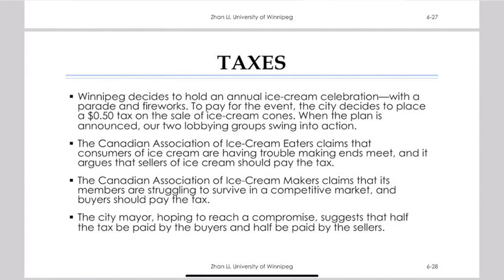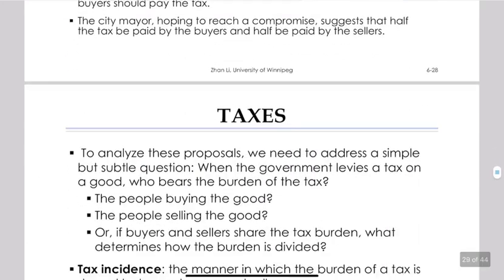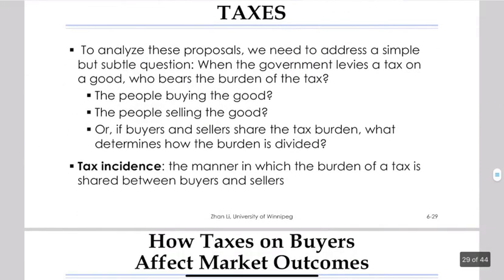Now let's assume the city mayor hopes to reach a compromise. So he says, okay, let's divide the tax equally. So 50% of the tax would be paid by the buyers and 50% would be paid by the sellers. So now our question is,